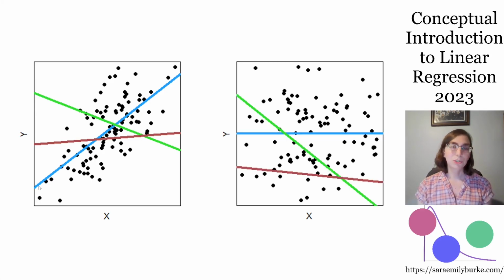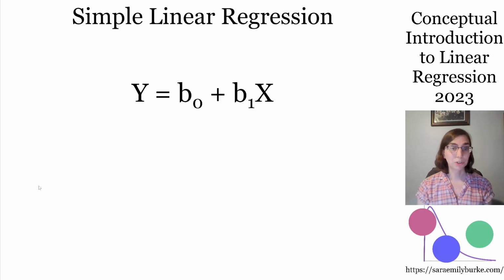And I could just as easily have drawn the green line or the brown line on the right plot, but I'm claiming that the blue line is the right one. So again, how did I find the blue line? I used ordinary least squares regression. Simple linear regression is the easiest way to illustrate ordinary least squares. In simple linear regression, the goal is to build a statistical model in which the theoretical expected value of y